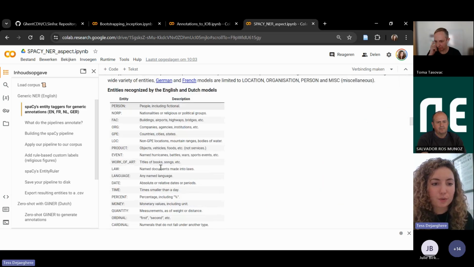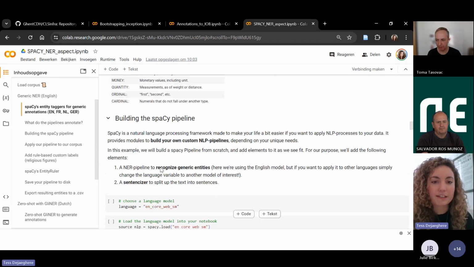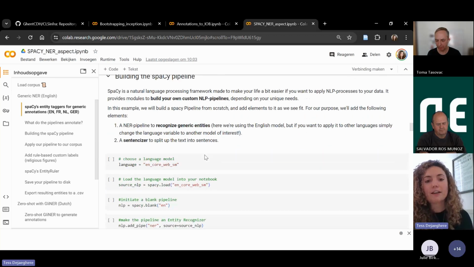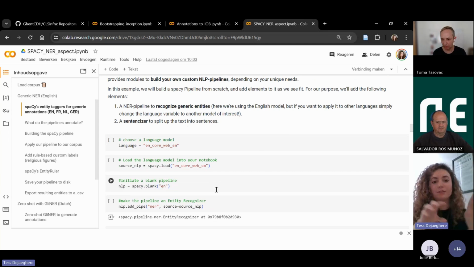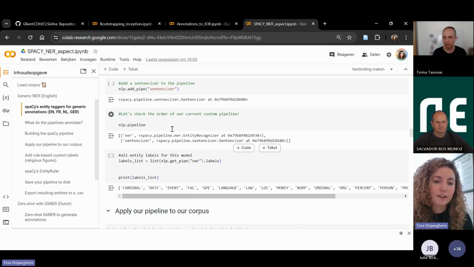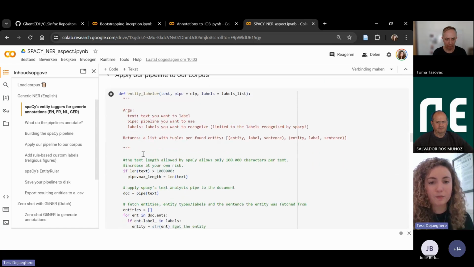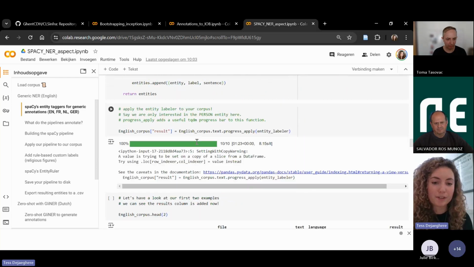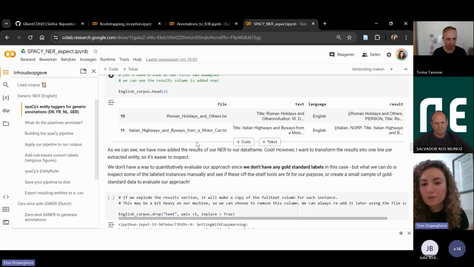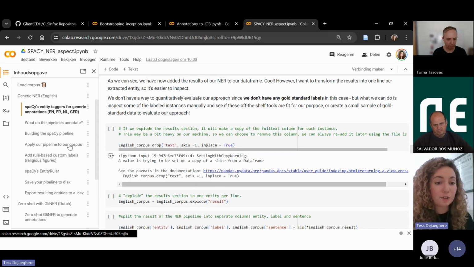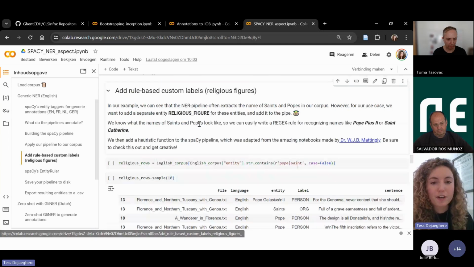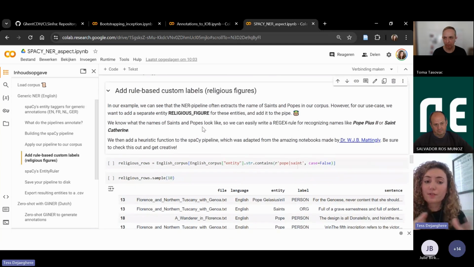And then it shows you how you can start building a spaCy pipeline, because that is how spaCy works. You build pipelines, and then you add some functionalities that you need. And here we show you how to do that. And then we build some helper functions, again, to label your corpus at once. But of course, this seems pretty convoluted, but it makes sense if you go through it step by step. We show you how to add some rules to your